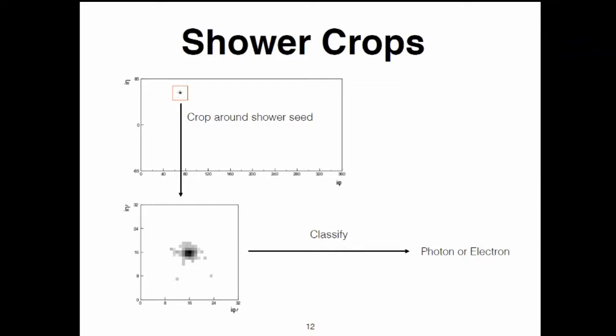Okay. So why 32 by 32? There's a physics reason for this, and there's also a machine learning reason for this. The machine learning reason is that when we started this, we had no idea if this would ever work. So we wanted to use an image input that had been well understood. If you've learned about convolutional nets, you know that many of these MNIST data sets are close to 32 by 32. In this manner, we eliminated the risk of using a network that we weren't sure could work. So we knew that if this did not work, it was something to do with the inputs.